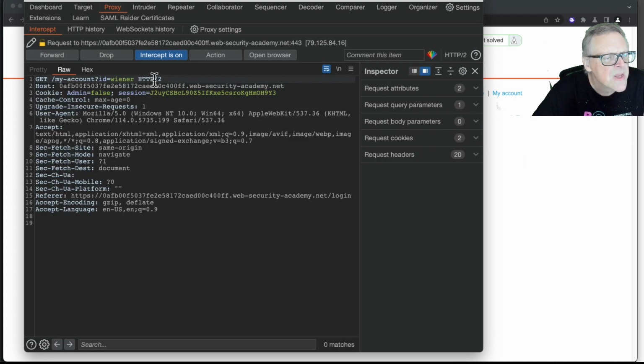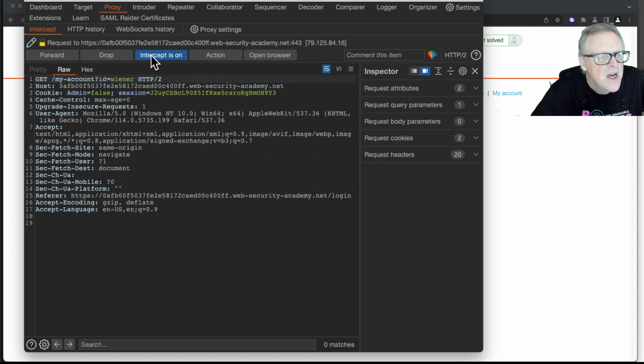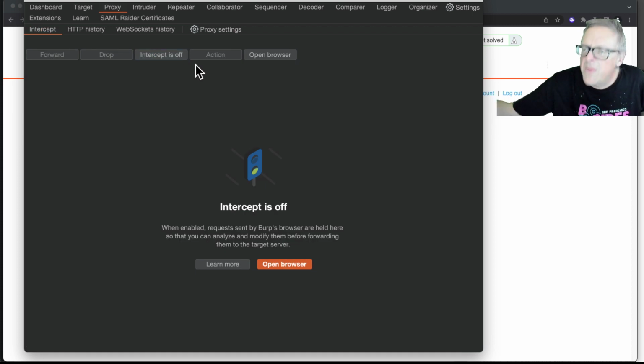response, this is the next request, I think. Yeah, trying to get my account. So I think it didn't succeed, didn't get what I wanted. Let me turn off intercept. I'm going to have to intercept the response coming back from the server, and I think that is not the default. So let me get into proxy settings